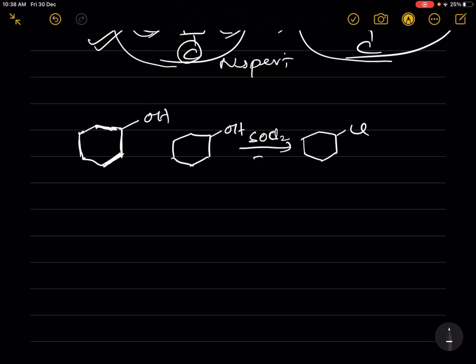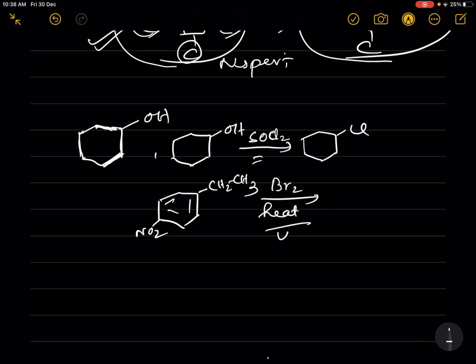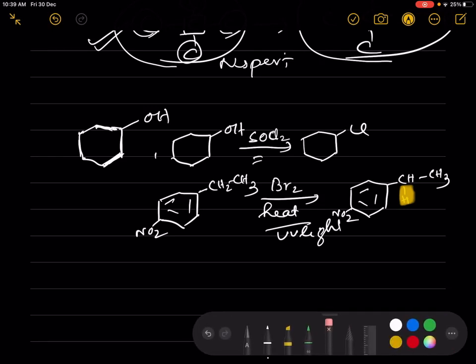Next, this is treated with bromine, then heat or UV light, and the product will be these H atom is substituted by a bromine atom. You see,